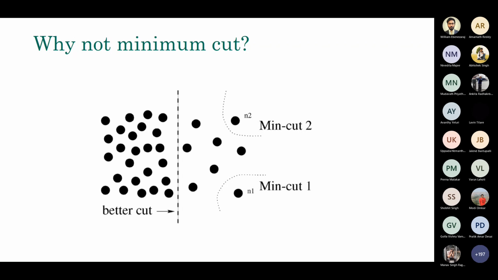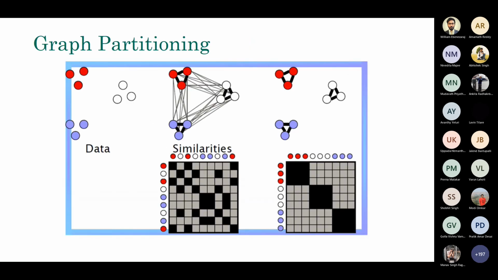Now, if you look at this particular data, then the good minimum cut could be just one point on the extreme right, on top, and then other points on the other side. Or the other one, the lower side, and so on. But that doesn't seem like a very good solution. So a better cut would be somewhere in the middle, depending upon the proximity and so on. So that's why you don't often want to choose the minimum cut. Although this algorithm is playing with minimum cut, it is the normalized minimum cut, and you will see in a moment.